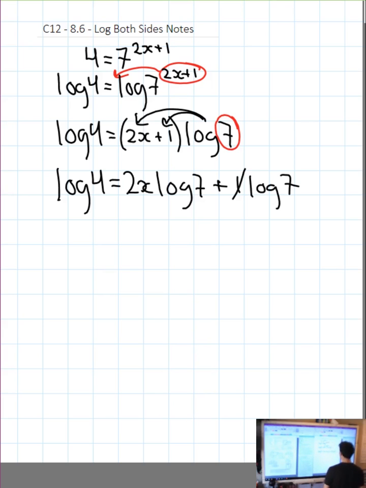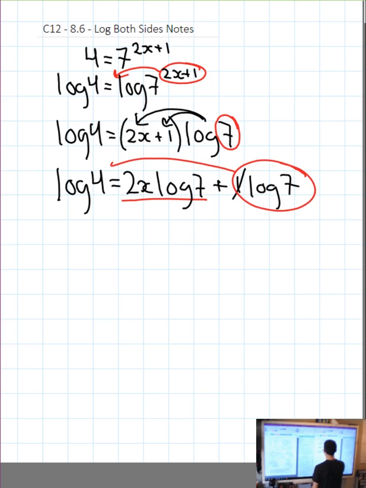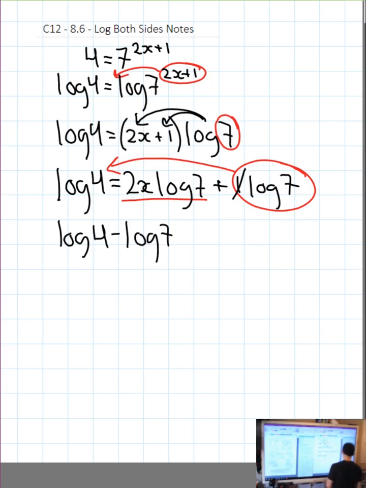So now I want to get everything with x on one side and get everything without x on the other. So I can simply subtract log 7 from both sides. So we have log 4 minus log 7 equals 2x log